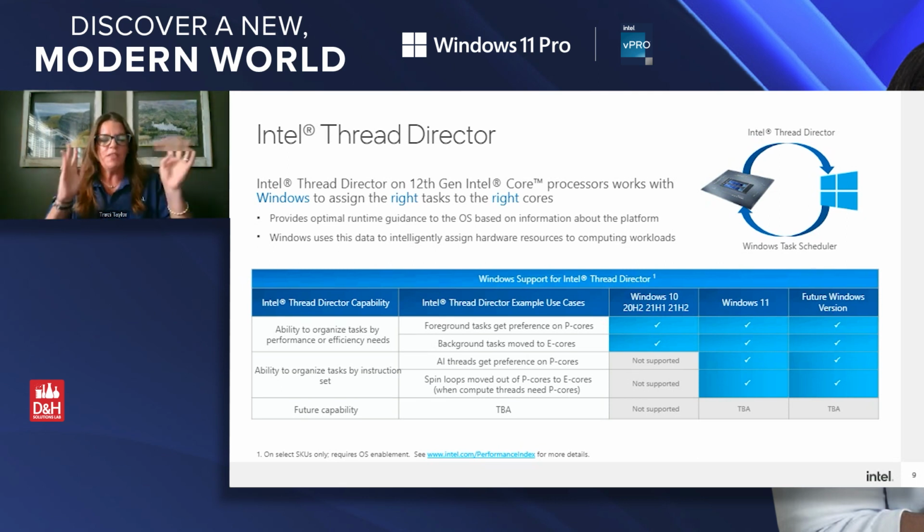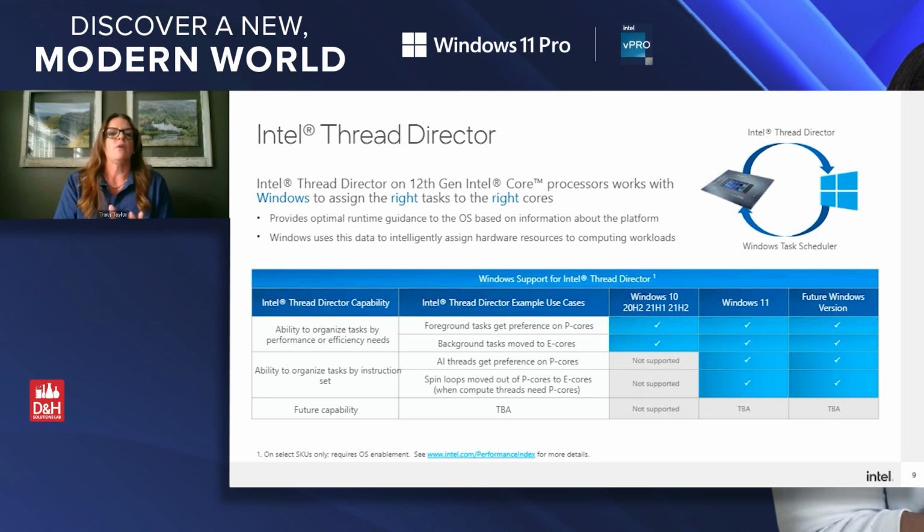So with the 12th generation, Intel had a big architectural shift, and we moved to this hybrid architecture. So we've now got these P cores and these E cores. And with Microsoft, we've developed the Threat Director. And so Threat Director is baked into the kernel of Windows. And what I want to point out, and I make sure I talk to every customer about, is Threat Director,